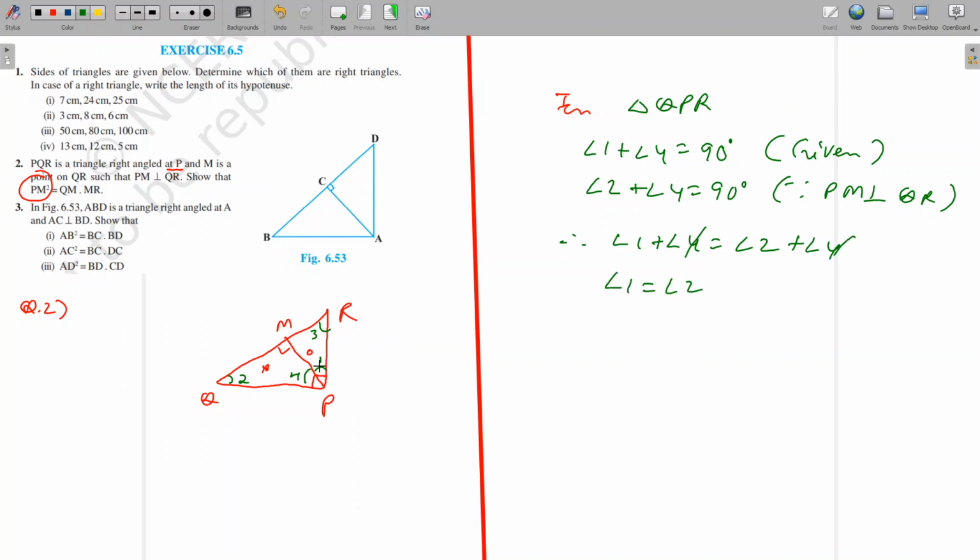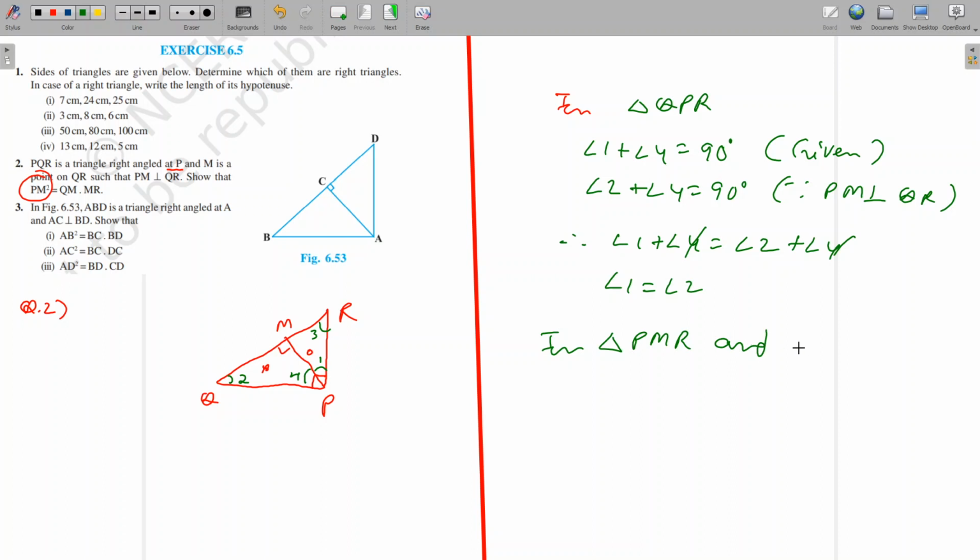So in these two triangles we have taken, angle 1 and angle 2 are equal. Also, angle QMP and angle PMR are both 90 degree. So these two triangles can be proved similar by the angle-angle rule. So let's start proving that the two triangles are similar. So in triangle PMR